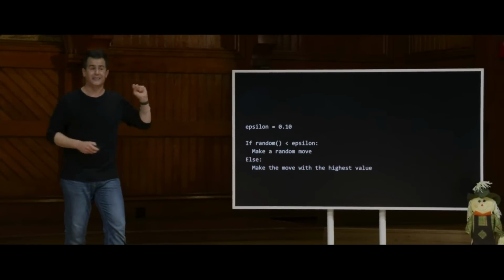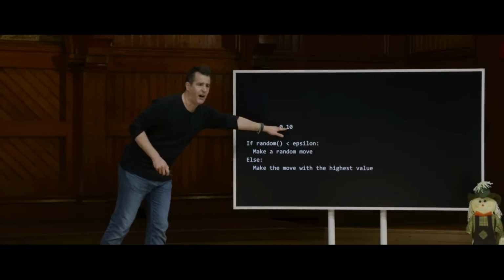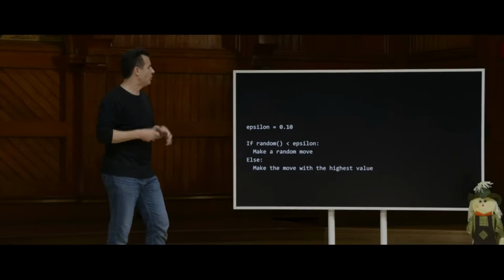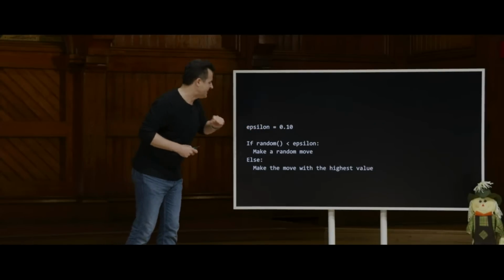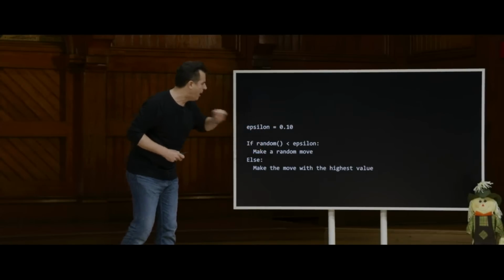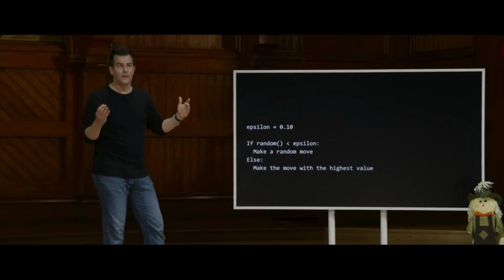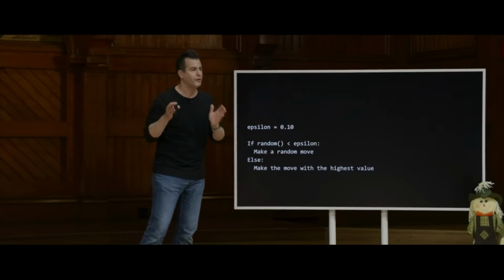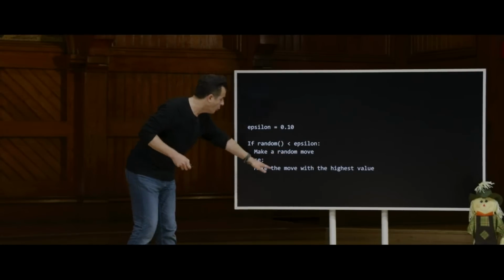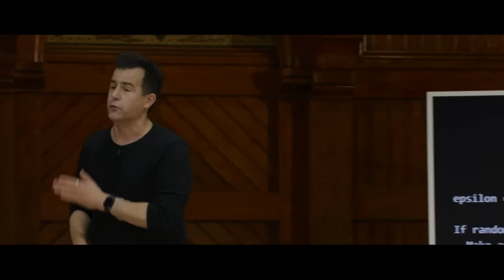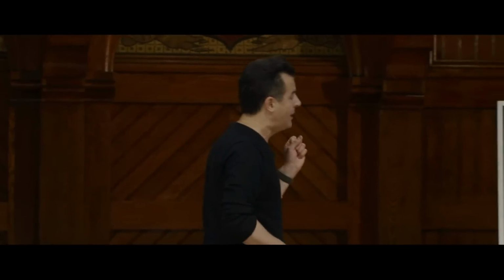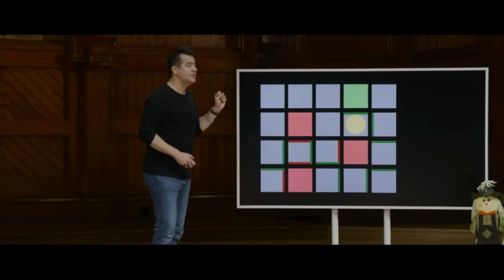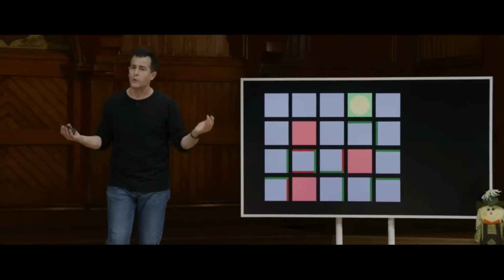So here, mathematically, is how we might think of this. 10% of the time, we might say that epsilon, just some variable, sort of a sprinkling of salt into the algorithm here, epsilon will be like 10% of the time. So if my robot or my player picks a random number that's less than 10%, that's going to make a random move. Go left instead of right, even if you really typically go right. Otherwise, make the move with the highest value, as we've learned over time. And what the robot might learn then is that we could actually go via this path, which gets us to the output faster. We get a higher score. We do it in less time.